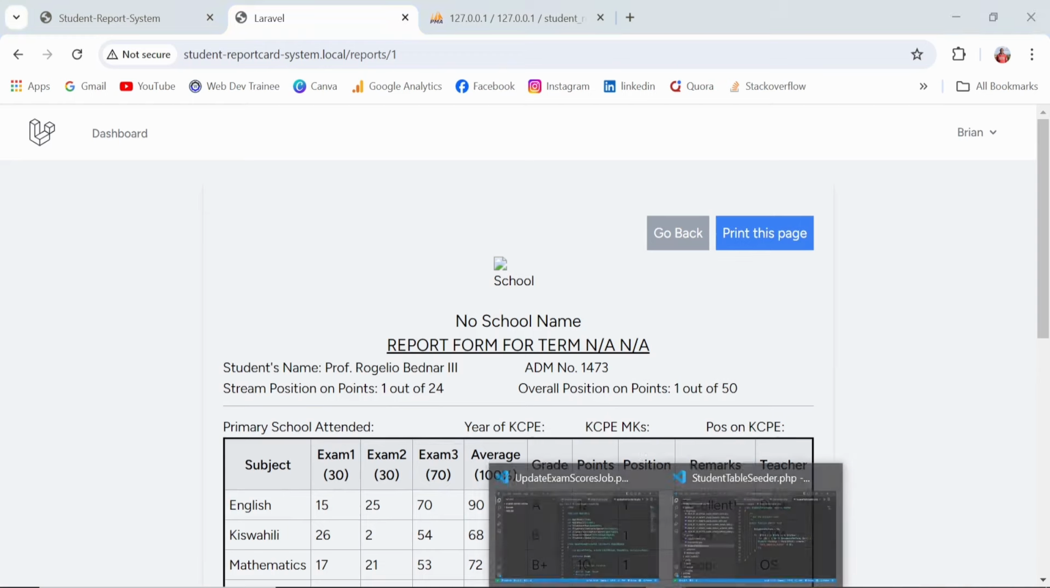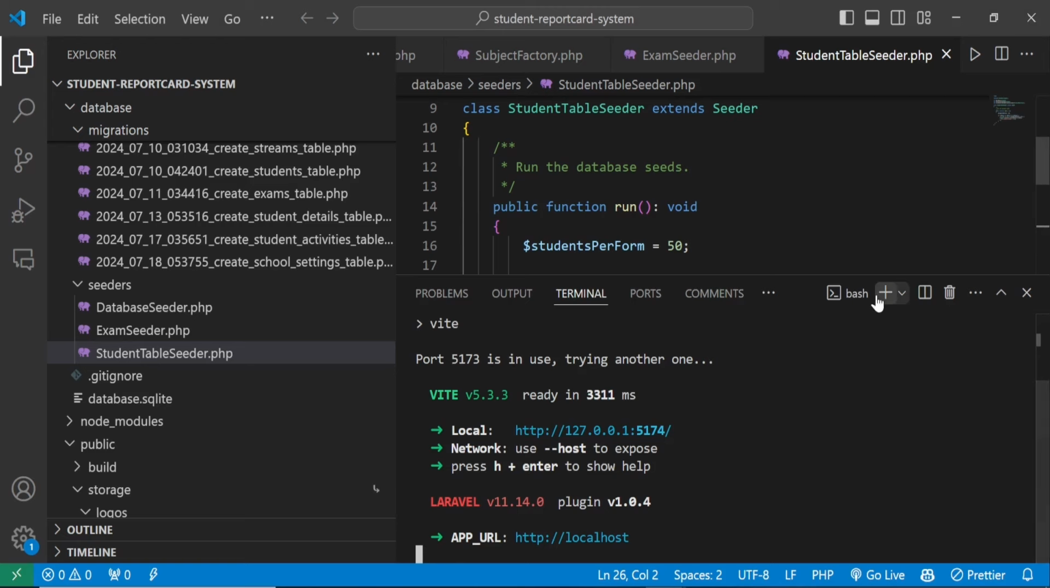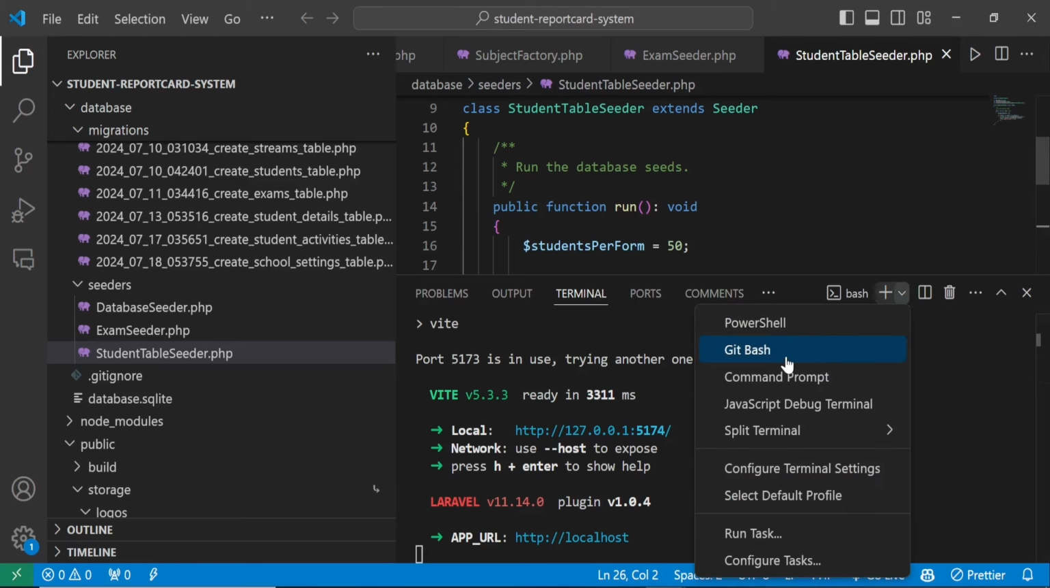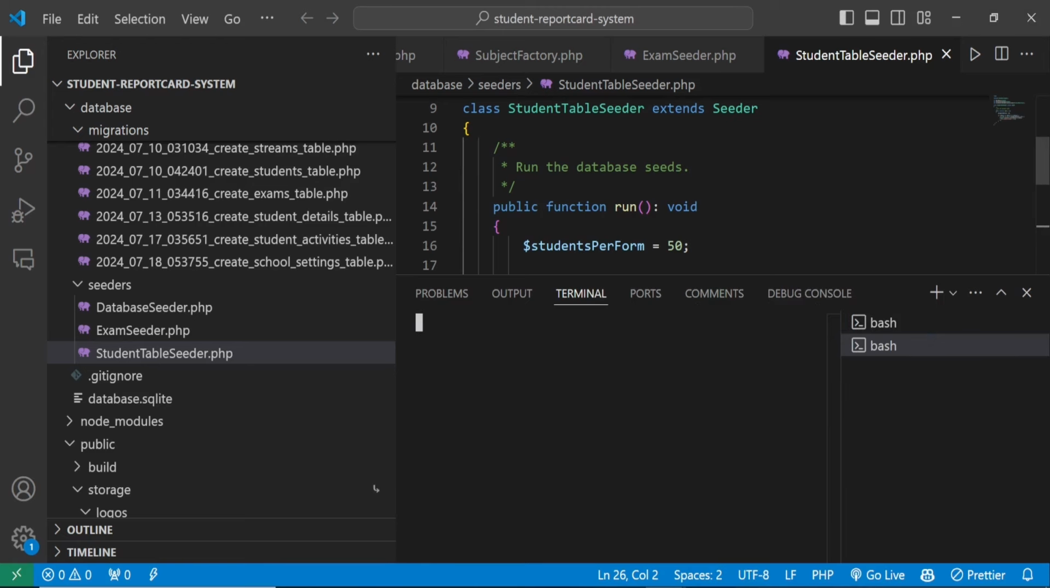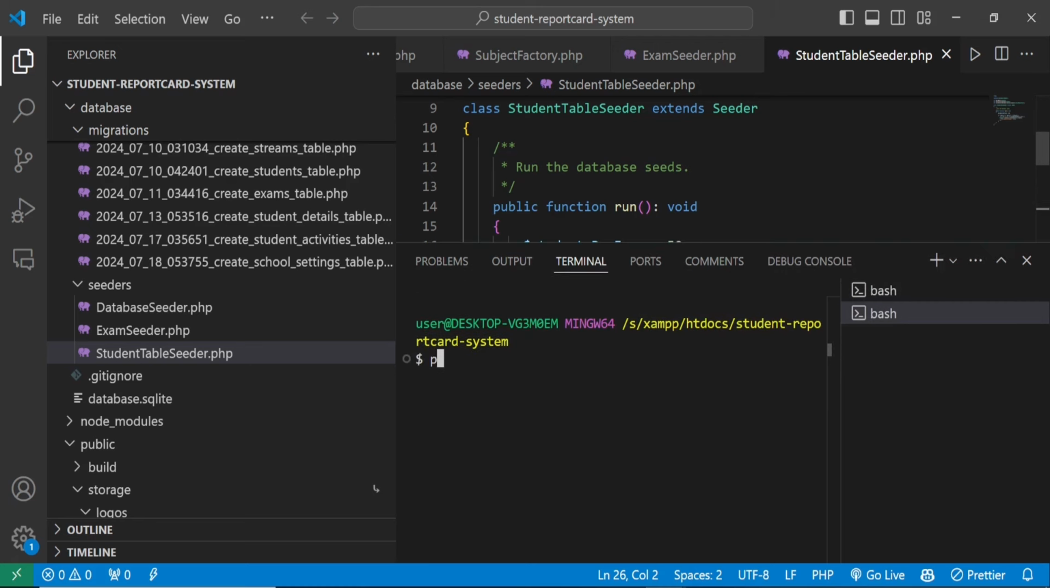Now, how do we go about this? Let's come back to our text editor, and I need you to go to the terminal, then get git bash. So what we're going to do here is run this command: php artisan make:job, and then you're going to call the name of this job update exam